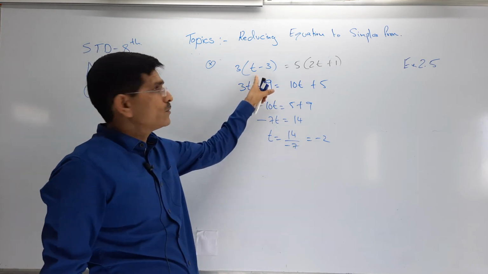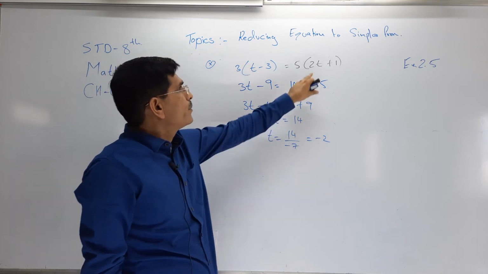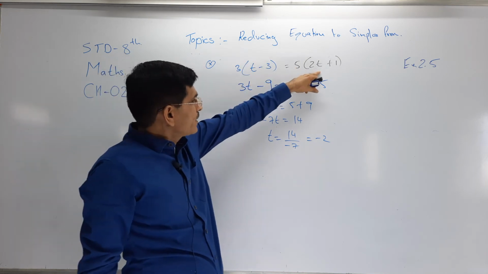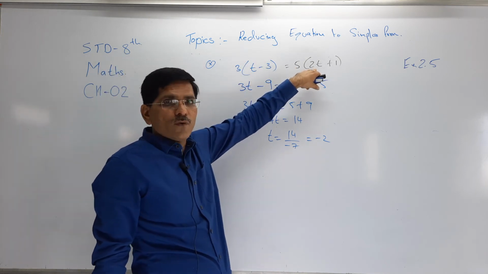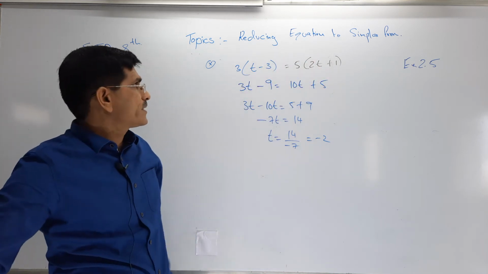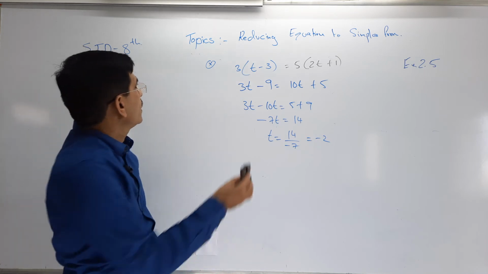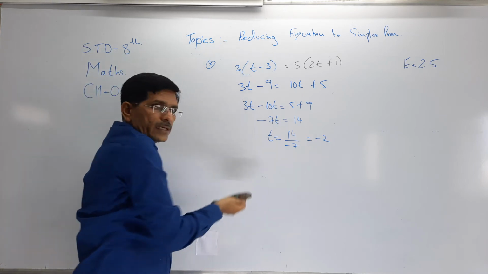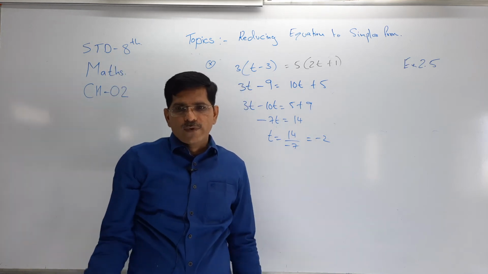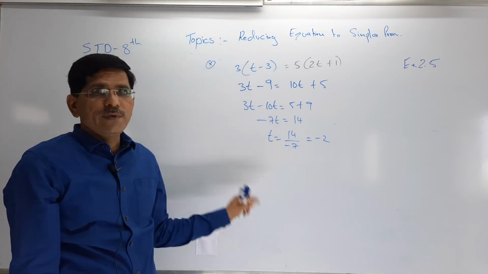If you put minus 2: minus 2 minus 3 is minus 5, minus 5 into 3 is minus 15. I put minus 2 here: minus 2 into 2 is minus 4, minus 4 plus 1 is minus 3, into 5 is minus 15. So on both sides we get the correct answer. Now some more long sums. I think it is easy, not necessary to explain it again. Otherwise, when some critical sums are there, at that time I will always explain every sum 2 times.